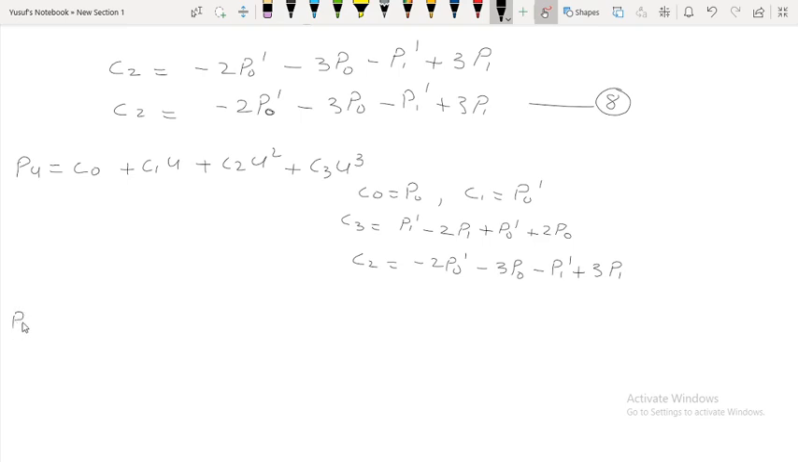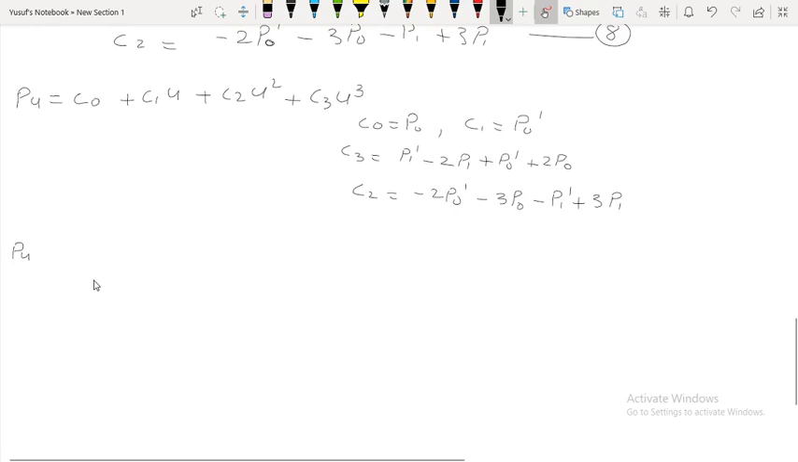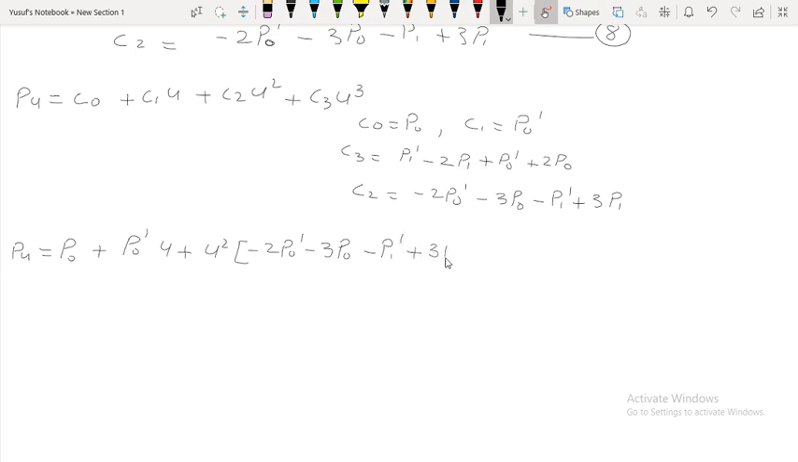So I'm writing this equation: P of U will be equal to, instead of C0 it is P0, plus, instead of C1 it is P0 dash U, plus, instead of C2 you have to write this, so U square into C2, minus 2P0 dash minus 3P0 minus P1 dash plus 3P1. This C2 coefficient is multiplied by U square, plus U cube into coefficient C3. C3 is P1 dash minus 2P1 plus P0 dash plus 2P0. If I multiply this coefficient with parameter U, we'll get PU